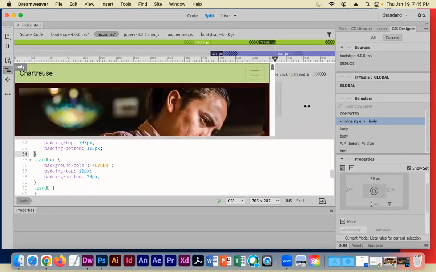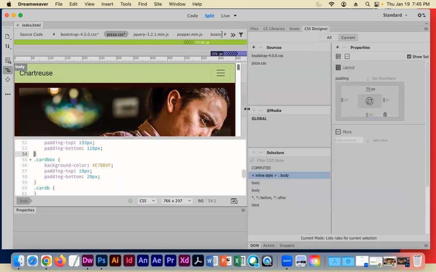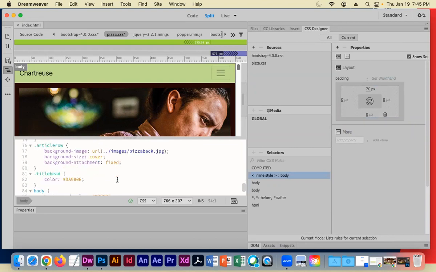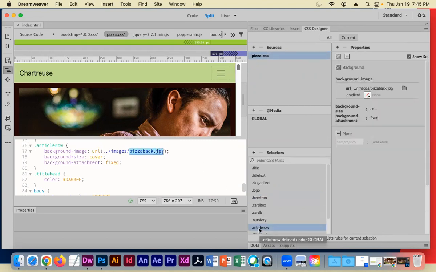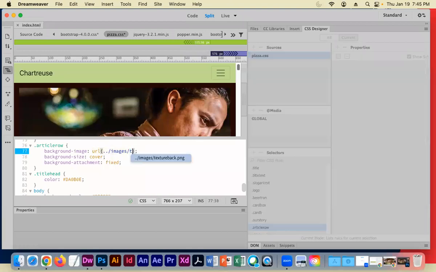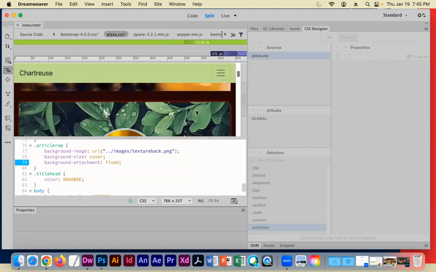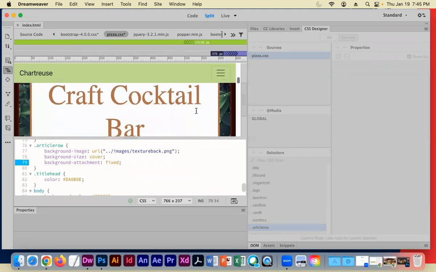And so let's see. I'm shrinking this stuff down a little bit, just so I can see. I'm going to take a look here real quick as I scroll through. All right, our article flow. I need to change this. So article flow, article row is right over here, and the image is right here. I could have done it through the HTML view. I just went into Pizza CSS to see if there was anything floating out there that I wanted to edit. And I want to do texture back